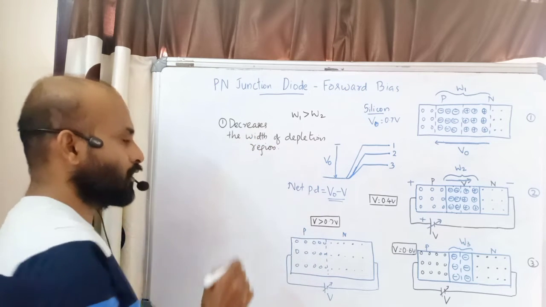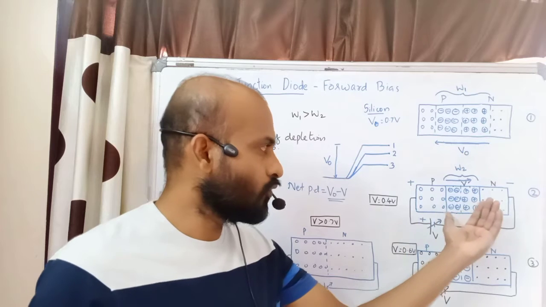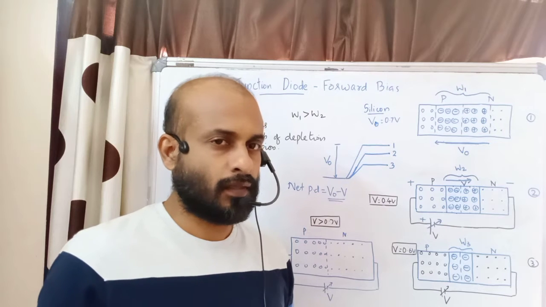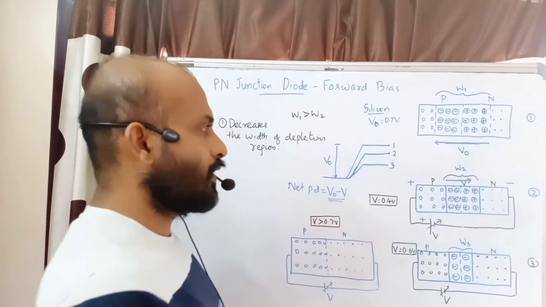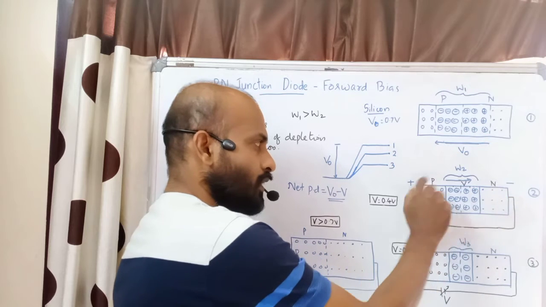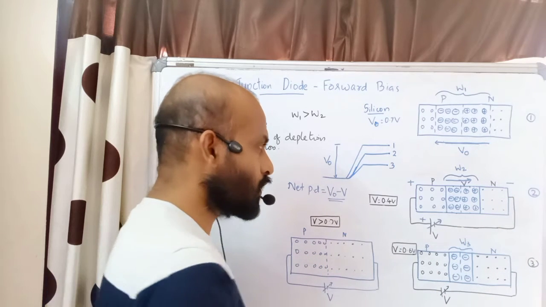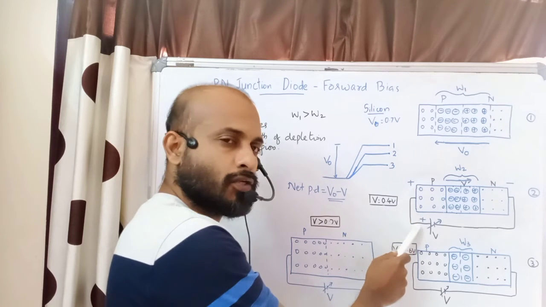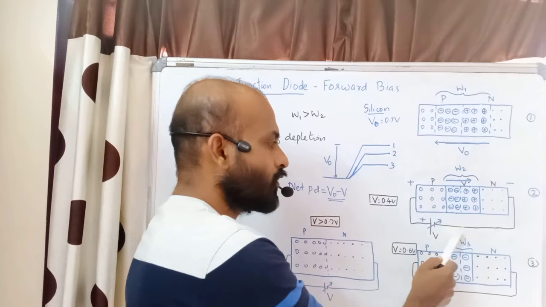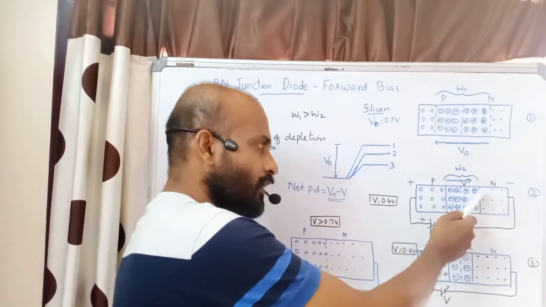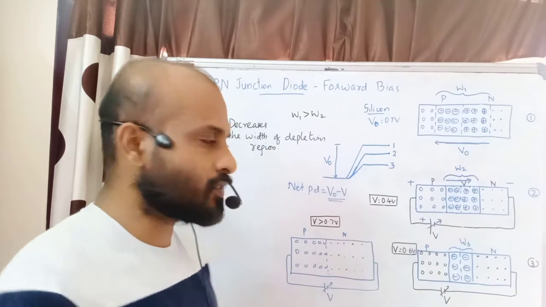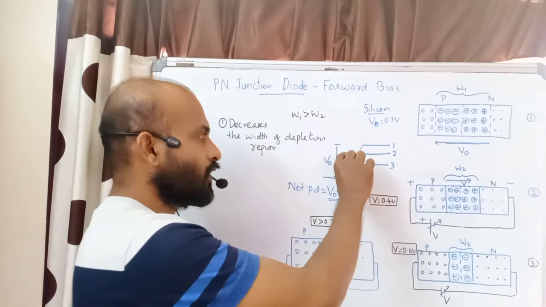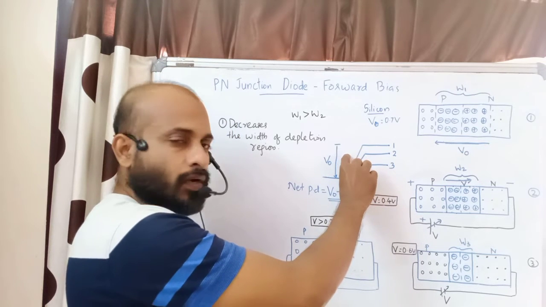What happens when the width of the depletion region decreases? More electrons can move towards the junction, and more holes can move towards the junction from the p side. That is possible. So we can see that many electrons are moving towards the junction and holes are also moving towards them. Why are they moving? Because the holes at the p side will experience a pressure from this side, because here we have a positive potential to repel all the holes. This negative potential will repel all the electrons away from these two ends. So from these two ends, they experience a force towards the junction. And now the width is decreased.